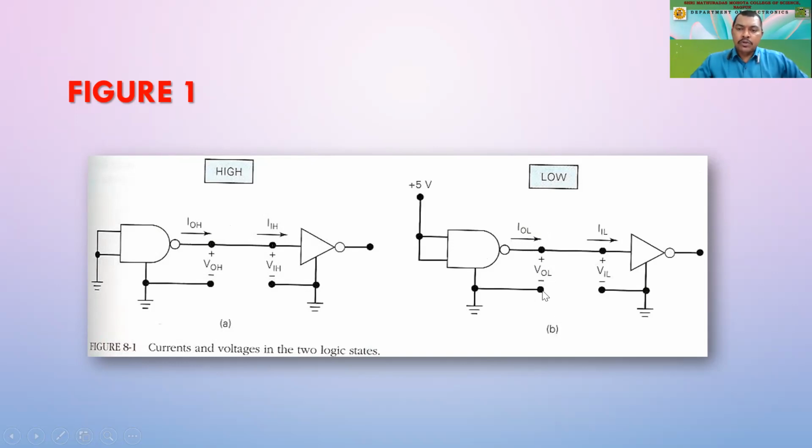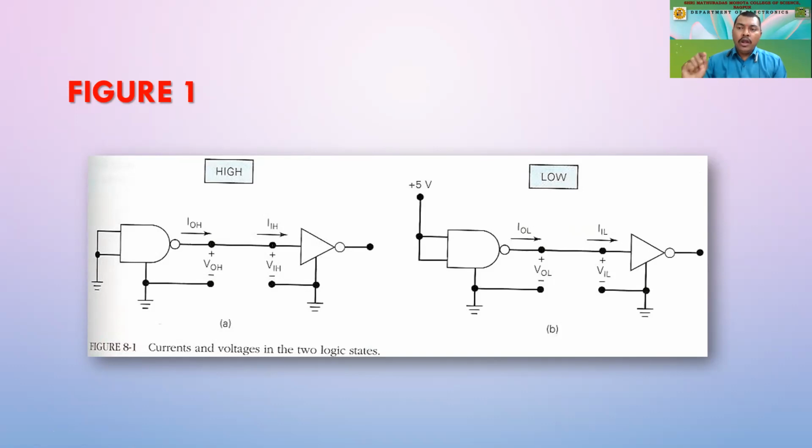Again, it is taken with respect to ground. Similarly, if I put it into the input side, the low level input current is what is required for this gate so that it considers it as low, that is zero. And here also some voltage will be over there. So at least how much voltage does it consider as low? Beyond that, it might consider a garbage value, or it might consider a high value.